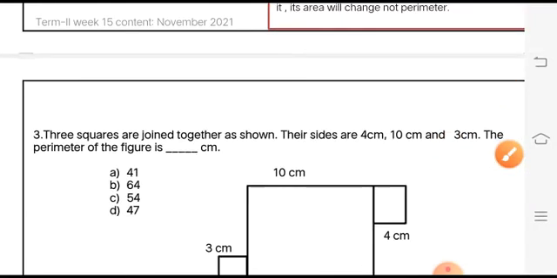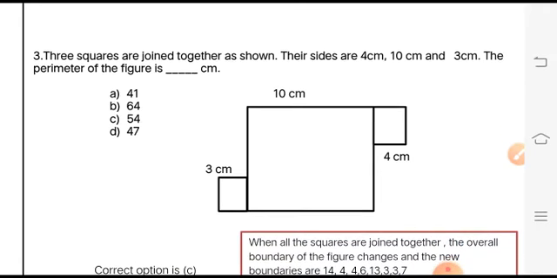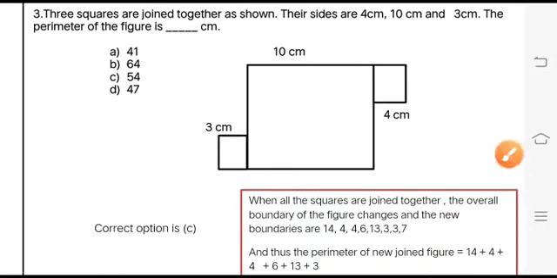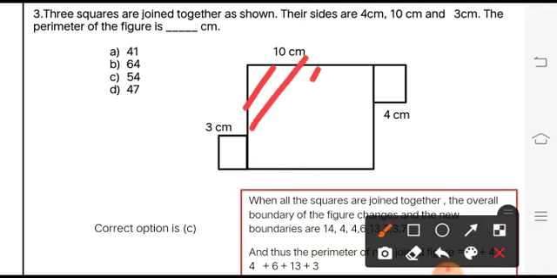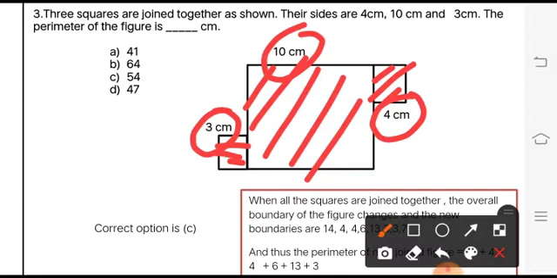Next is 3 squares are joined together as shown. Their sides are 4 centimeter, 10 centimeter and 3 centimeter. The perimeter of the figure is? These are the squares. This is a square having length 10 centimeter. This is a square having each side 3 centimeter and this is a square having each side 4 centimeter. When we join them,